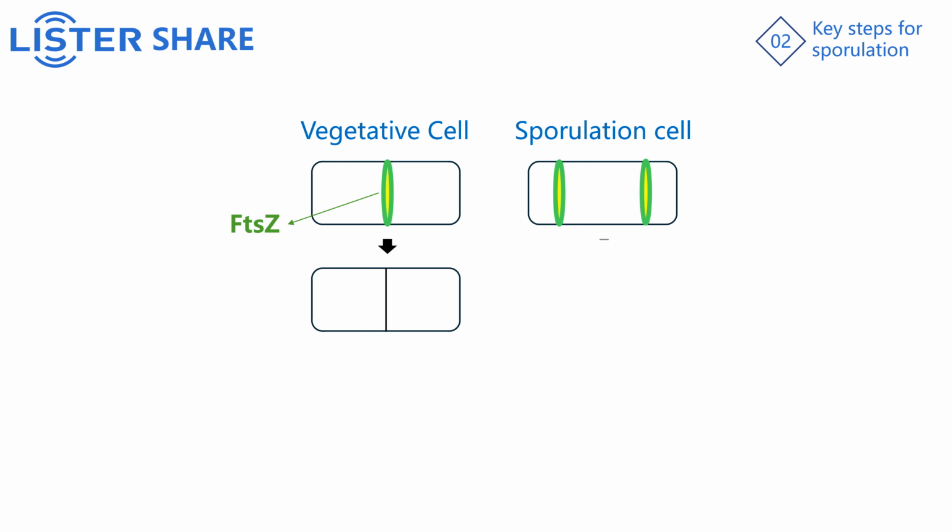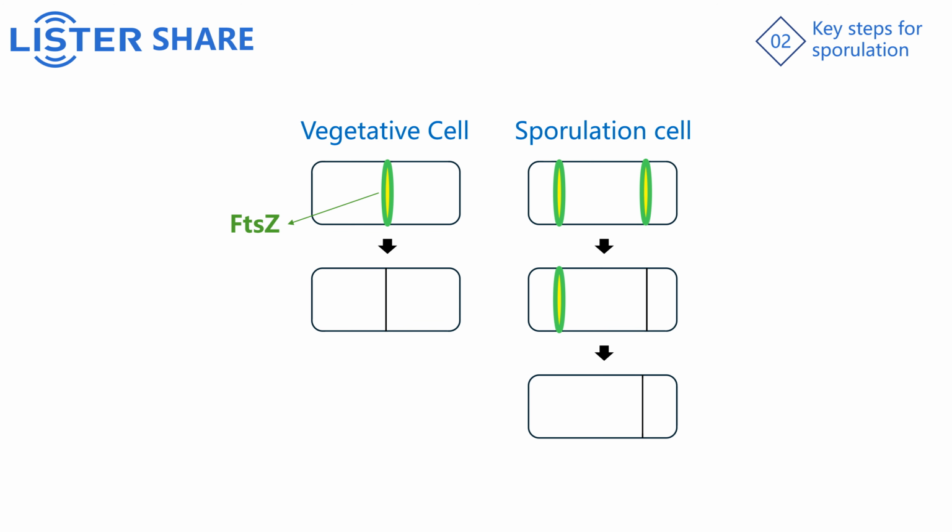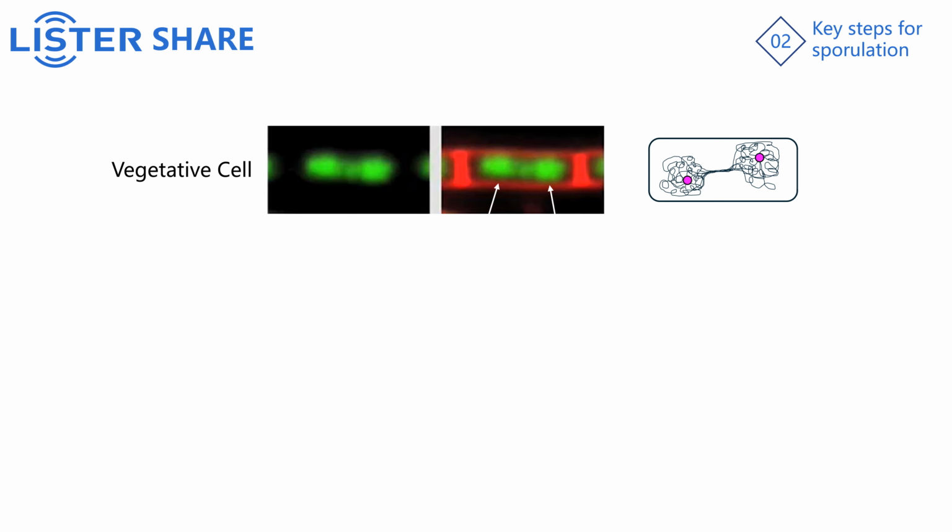During sporulation, two Z-rings form, one near each pole. Only one Z-ring is converted into a division septum; the other is disassembled. The result is two daughter cells of unequal size. The second key step: chromosome segregation. The growing cells before division have two complete chromosomes, shaped somewhat like a binary star, with the DNA replication origin